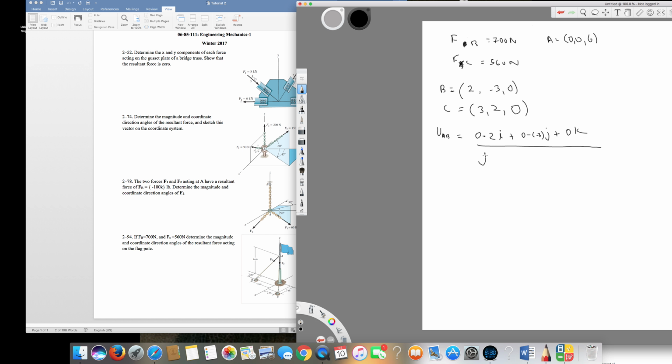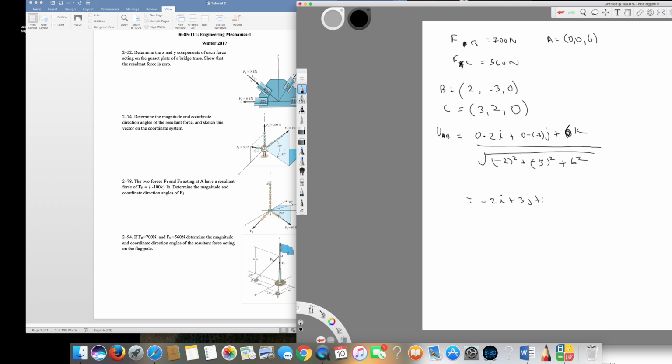We have to square root this one. Oh, it's not 0k because here it's 6 minus 0, it's going to be 6k. So we have to be careful about it. In the bottom I have to square everything and add it. That's going to be the magnitude. So if I divide this one by this magnitude, it's going to be the UAB. So it's going to be minus 2 square plus minus 3 square plus 6 square. So since we have this one, it's going to be minus 2i plus 3j